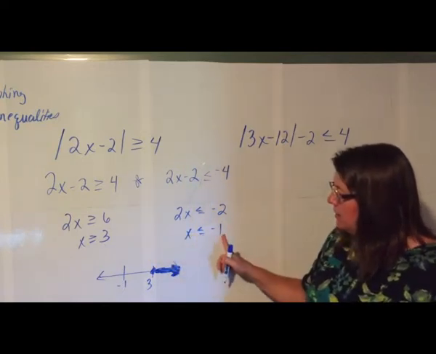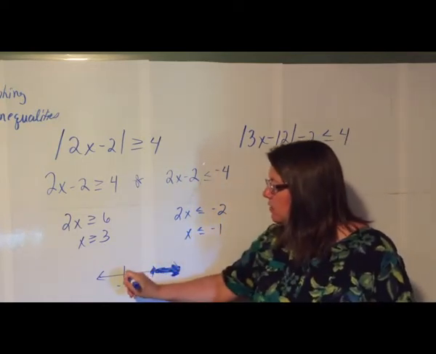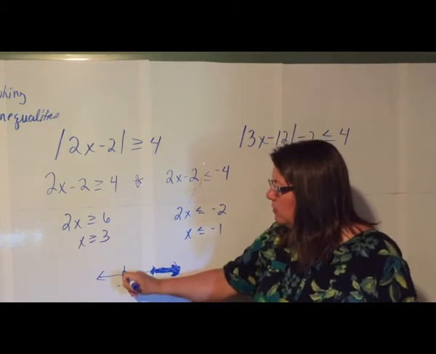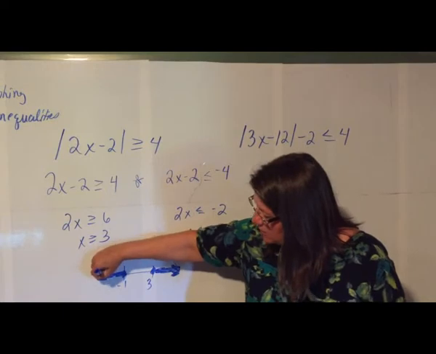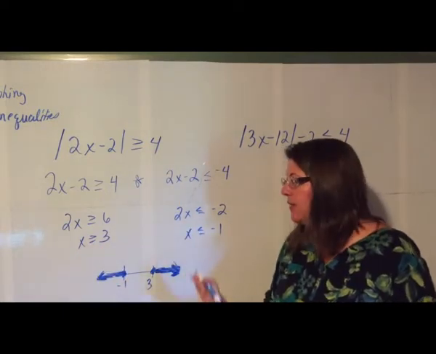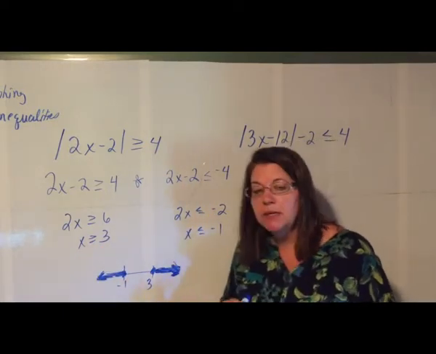And then x is less than or equal to -1. It's a closed circle, shaded to the left. So there is my graph of that compound inequality. In the next one,